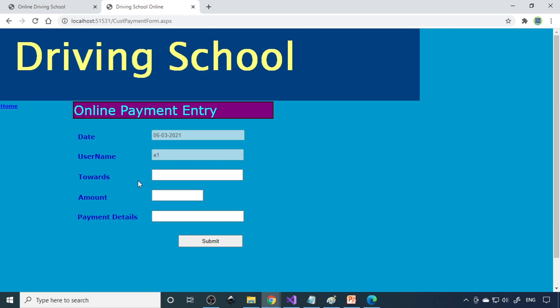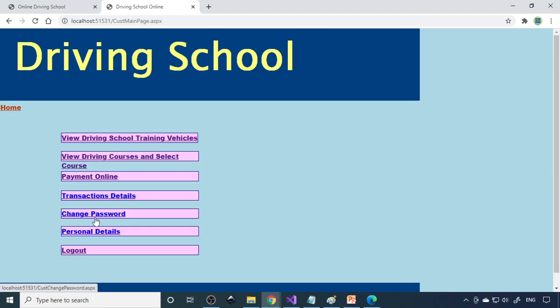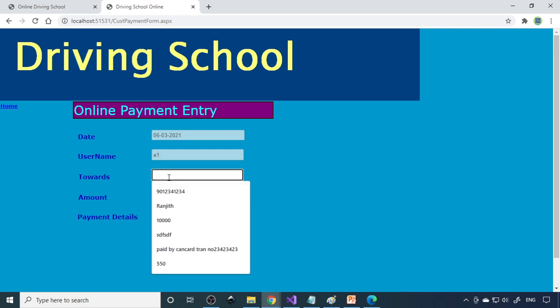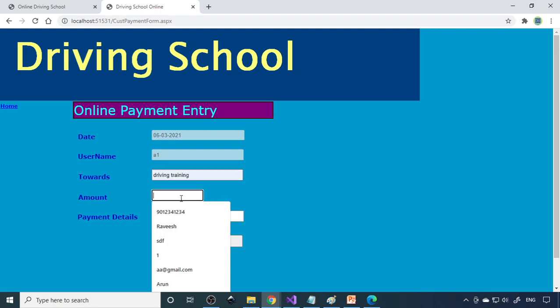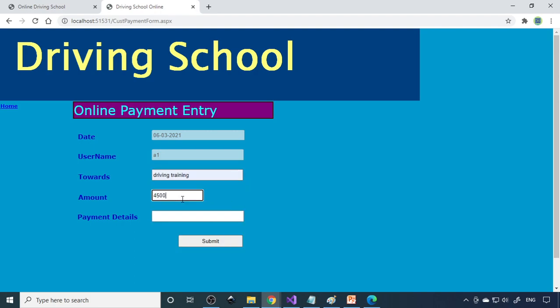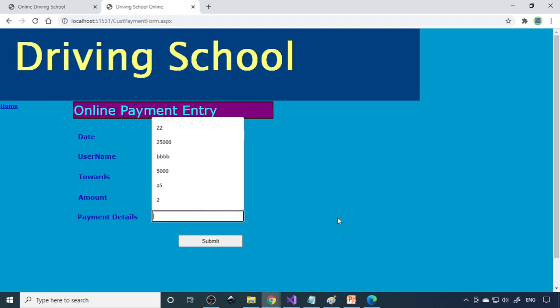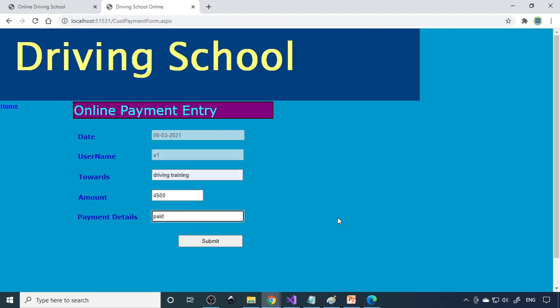The user has to make the payment for this. Okay, so we'll enter 4,500 payment details. This is a dummy payment, paid via card. Transaction number, we can give some dummy transaction details.